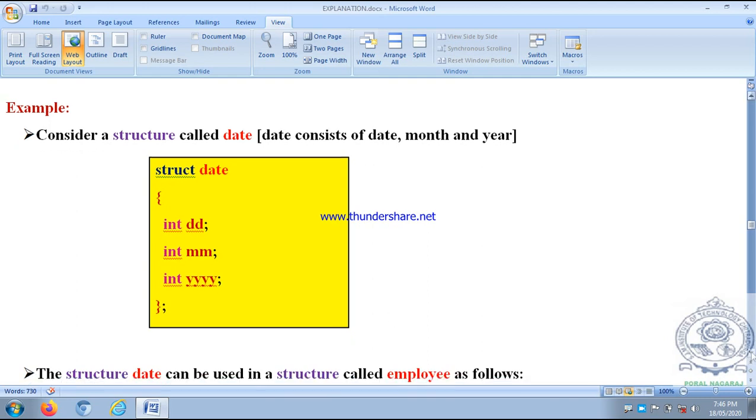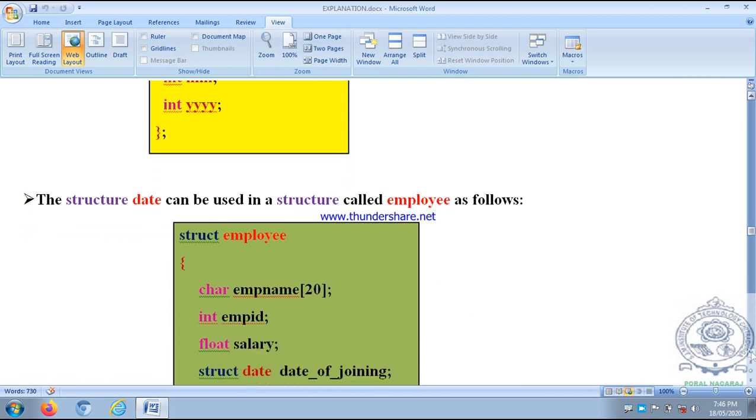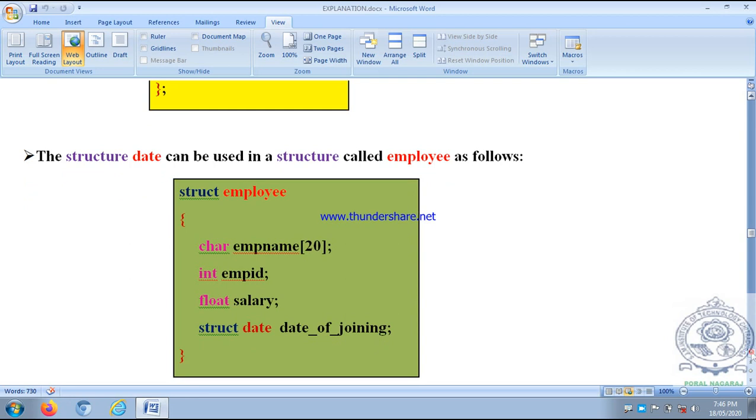Then this structure date can be used in another structure called employee as follows. We have defined a structure called employee, wherein one of the members is a date structure. Here the employee structure is defined, struct employee.